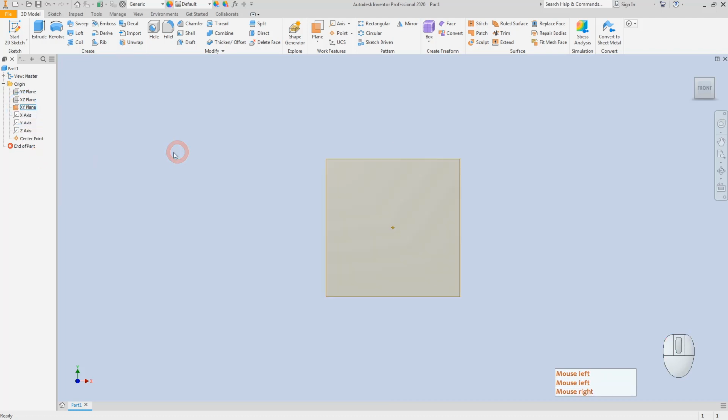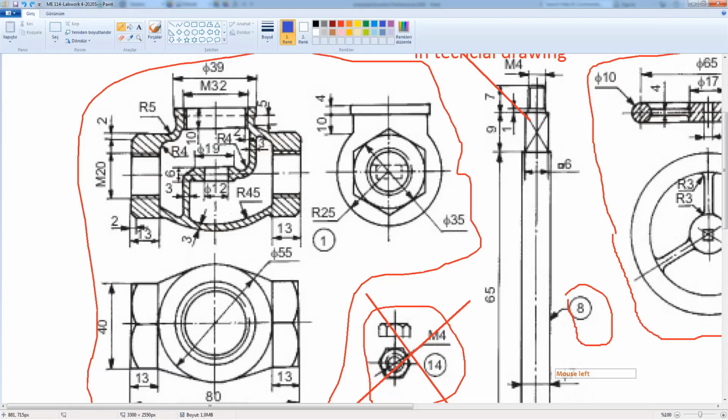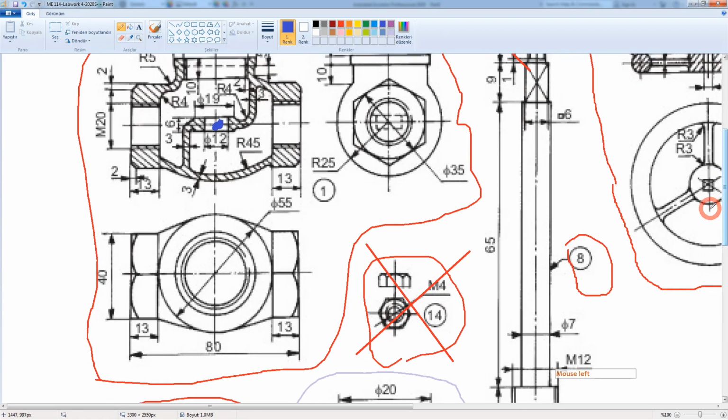Make this one visible and this one visible to just show you about the things. Here in our part, we have an origin point, and for this one, I will just select this point as my origin point, and I will just construct the body features at around this point. As you see, we have a distance between the hexagonal pockets, and these hexagonal pockets, I will just create a